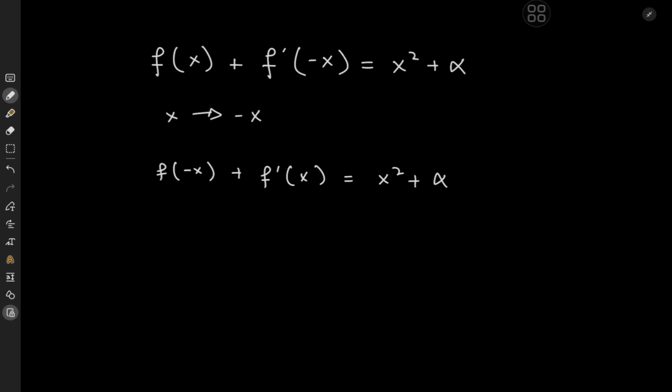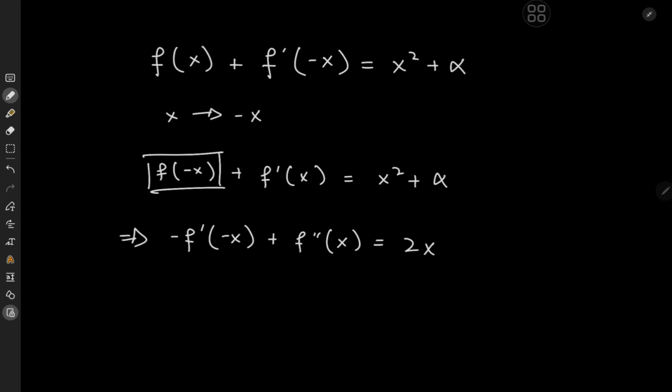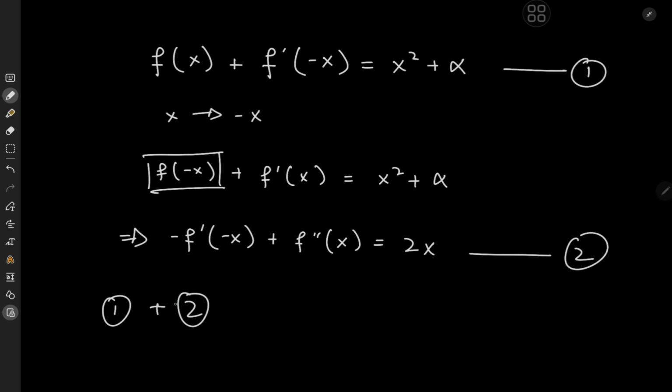So what if I differentiate this once again? The motivation for that is I would get an f prime at negative x with a negative sign. So differentiating gives me negative f prime at negative x plus f double prime at x equal to 2x, and we're rid of that constant parameter alpha. Now let's call our original differential equation 1 and this one here equation 2. Notice that in one equation we have f prime at negative x, and in the other we have negative f prime at negative x. So if we take the two equations and add them, what we get is these two